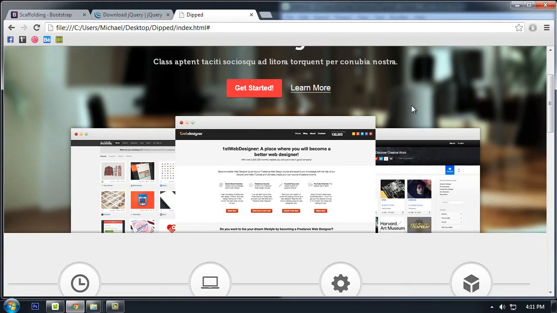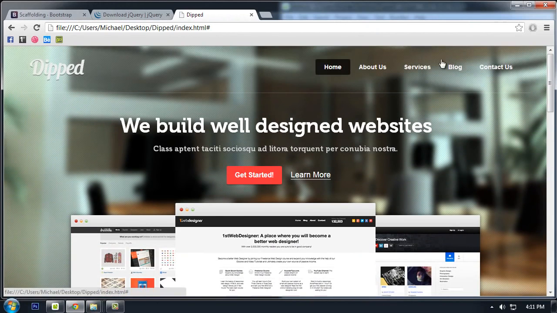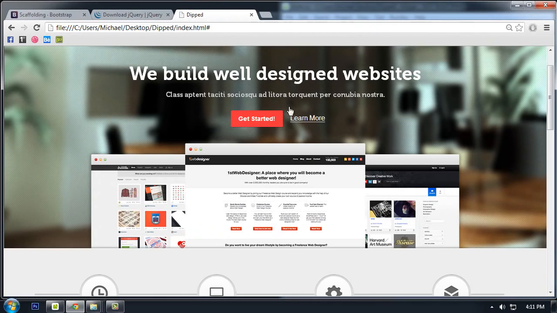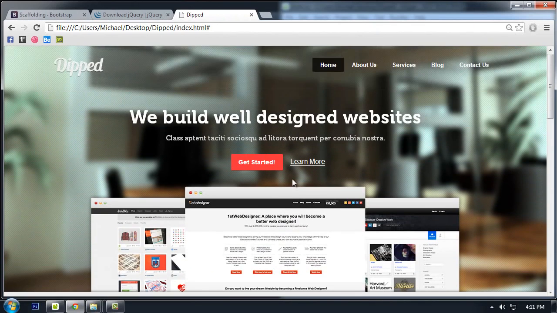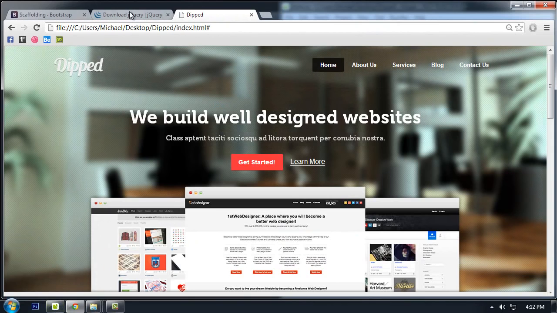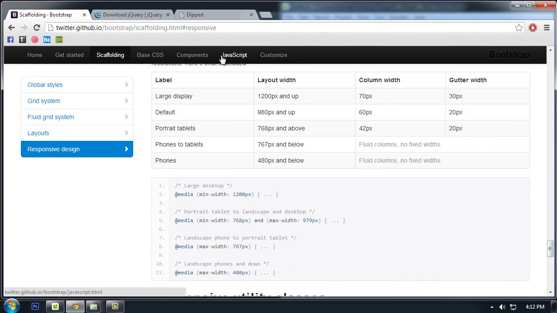And we are actually finished on the navigation part, and let's try to work on this part right here, the banner part. So to do that, go to JavaScript,